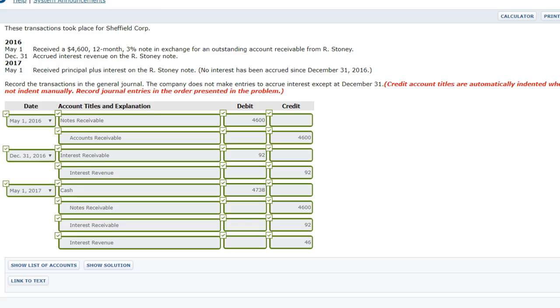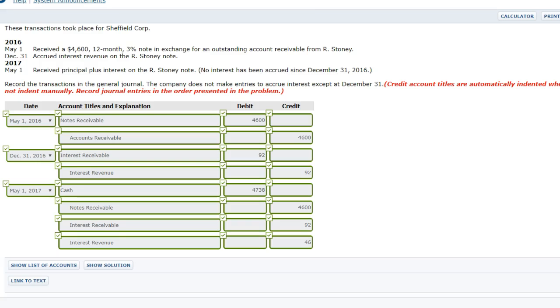On May the 1st, 2016, received a $4,600 12-month 3% note in exchange for an outstanding account receivable from R. Stoney. On December 31st, that same year, accrued interest revenue on the R. Stoney note. And on May 1st, 2017, received principal plus interest on the R. Stoney note. So the question is stating that we need to journalize these specific transactions and credit and debit them